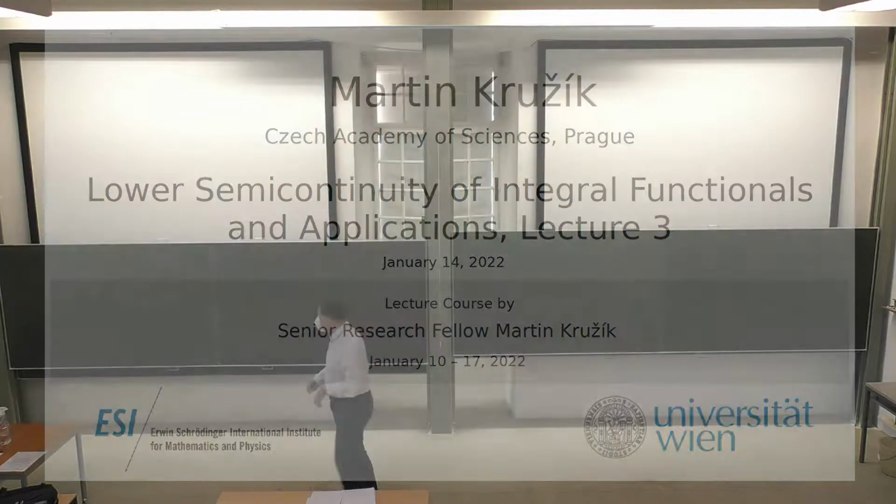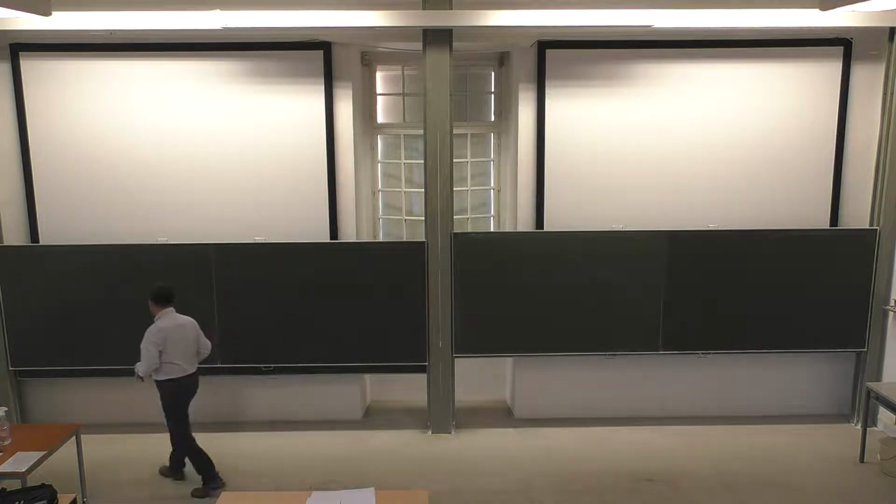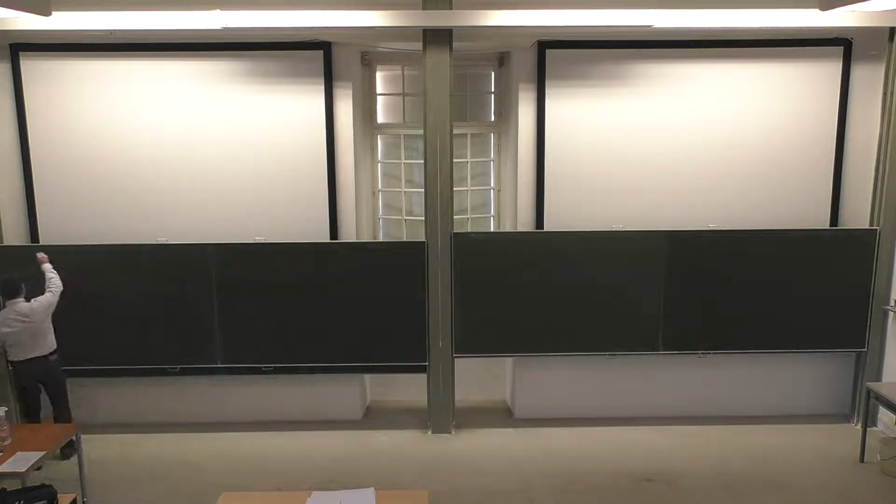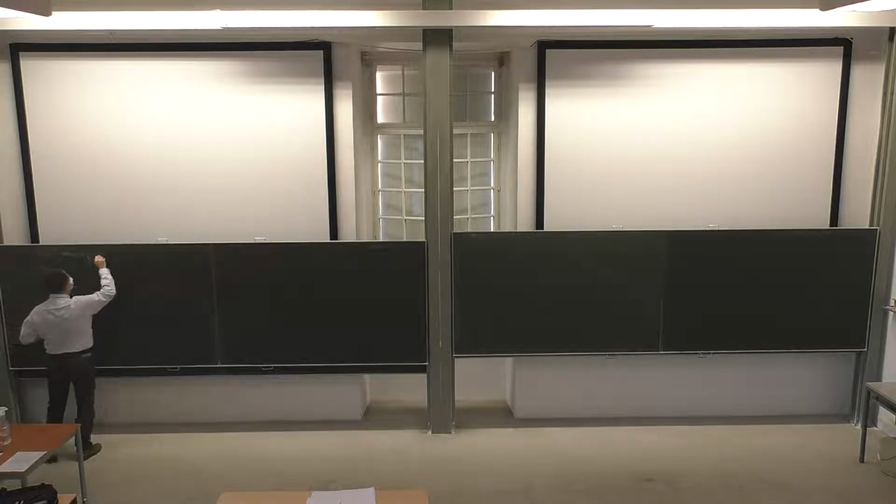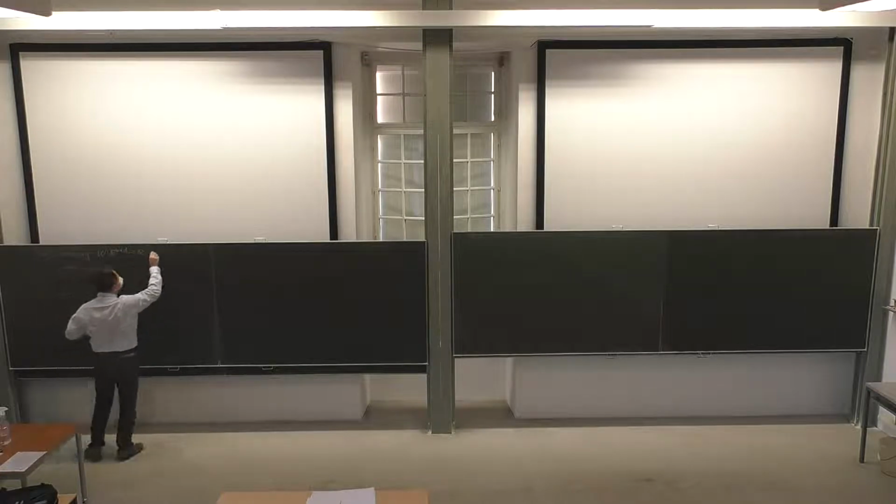So I recall, so last time we ended up with the definition of rank 1 convexity. W goes from R^(m×d) to R is rank 1 convex